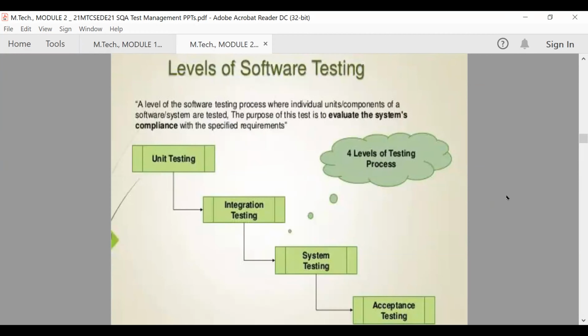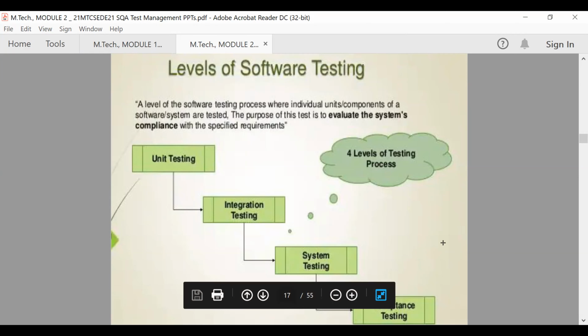Then we go for system testing, where the complete system is tested based on its performance. Then we go for acceptance testing. Acceptance testing is performed based on alpha and beta testing, user-friendliness, and stress and load testing methods.